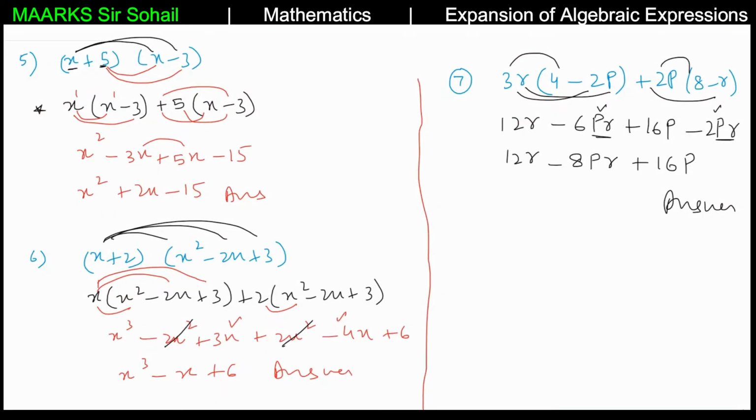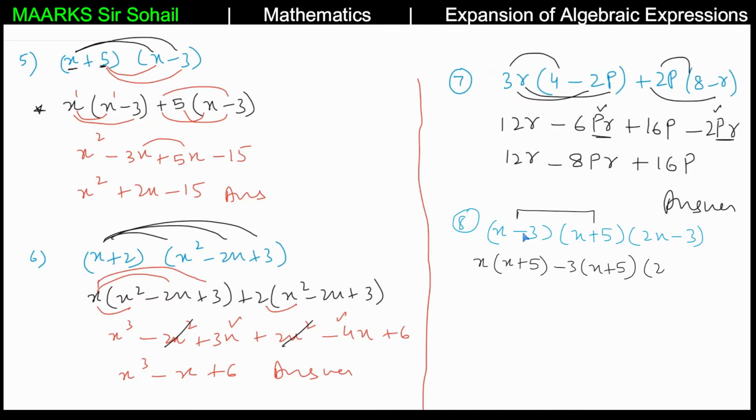Now I'll show you how to multiply three brackets. So we have a question, x minus 3, x plus 5 and 2x minus 3. First we will multiply these two brackets and then we'll multiply the third bracket. So same procedure we will follow. I'll write x and then copy the second bracket as it is. Then I'll write minus 3 from the first bracket here and copy the second bracket as it is. Now this is the multiplication of this portion and I'll copy the third bracket as it is. I'll be working only on this part